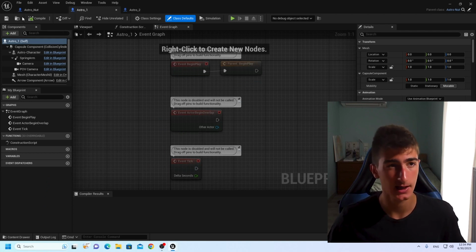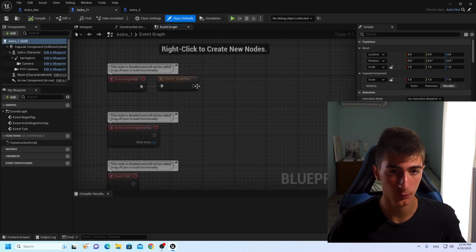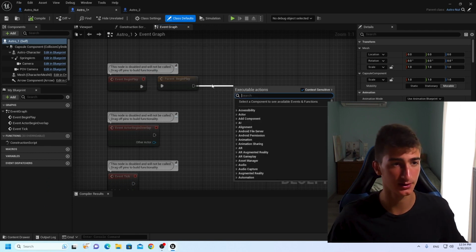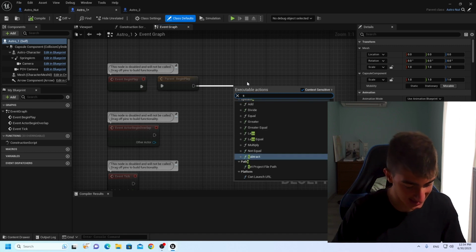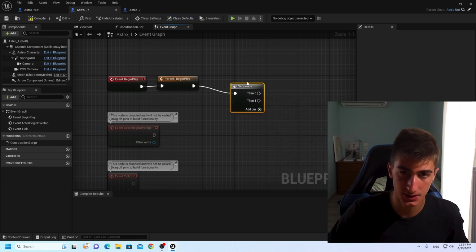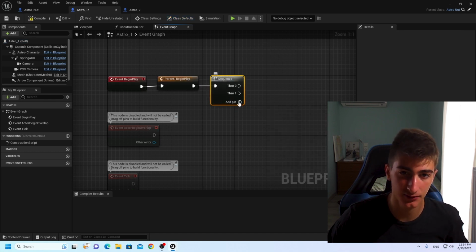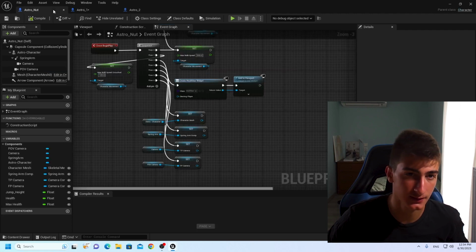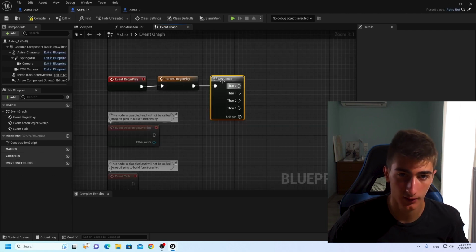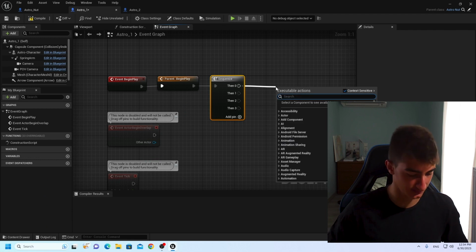Now let's go right here into the Astro 1 blueprint, and we can go off of parent event begin play, and that's gonna inherit everything that is in the parent class. Let's get a sequence. Alright, then 0, then 1. Yeah, let's get a bunch of these for now. Okay, and let's set the